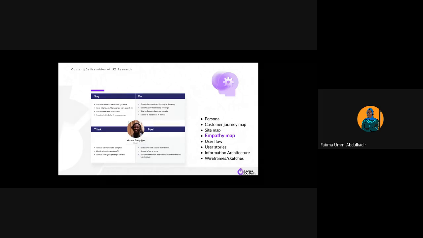You're able to know all of these things from talking to the user, observing the user, actually listening to them and being in their space. Some of the things here are not what the user will tell you directly; they are things you'll be able to deduce from observing the users. That's part of what the empathy map covers. So I'll move on to user flow. Do we have questions so far?